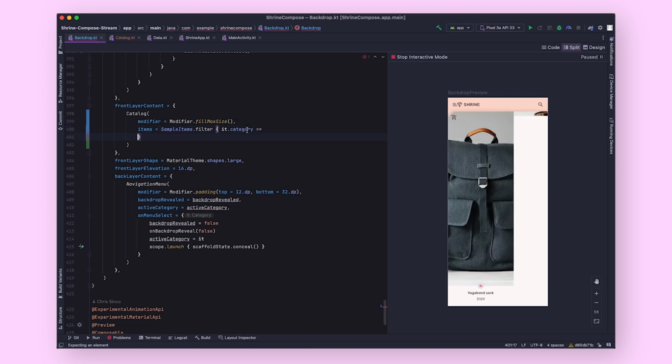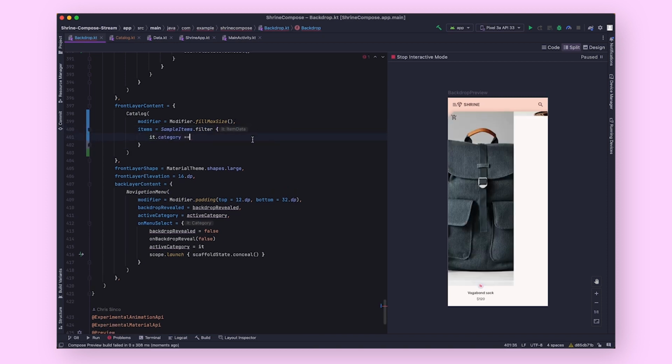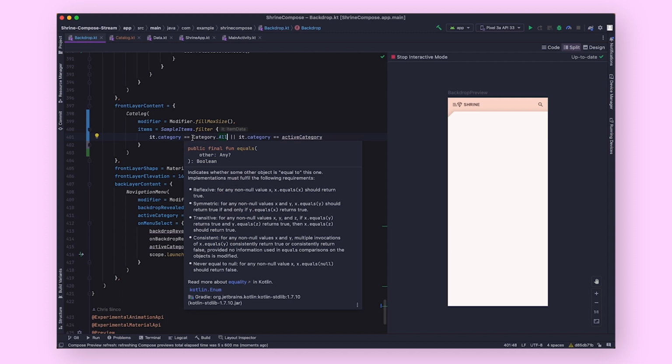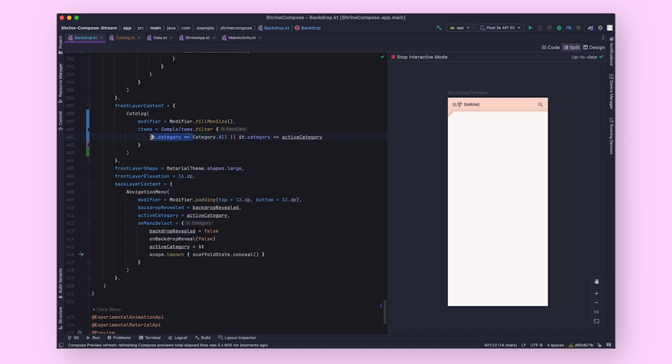One thing I will do is say, if the category, it can either be filtered or not filtered; include it if it's in the all category, or if the category matches the active category. So by doing that, oh, did I get this logic wrong? Oh, right. This should be,